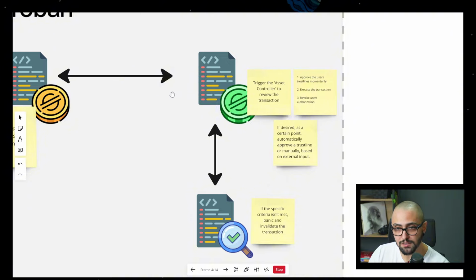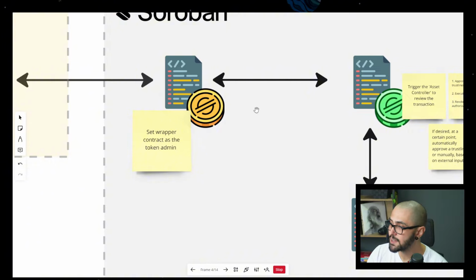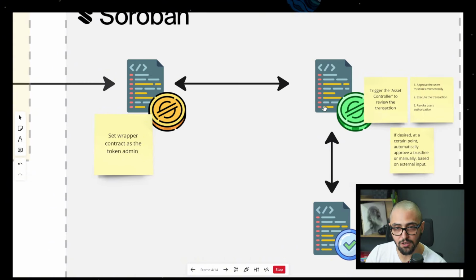And in order to run the transaction, it basically runs 3 steps. First step is it momentarily approves the accounts, telling that the accounts are able to interact with the SAC. Then it executes the transaction, and once the transaction is executed, it revokes the authorization for that account. So that means that in one go, it's going to authorize the accounts, run the transaction, and revoke the authorization. So that ensures that everything runs in an atomic manner, and the users can only run these transactions through the